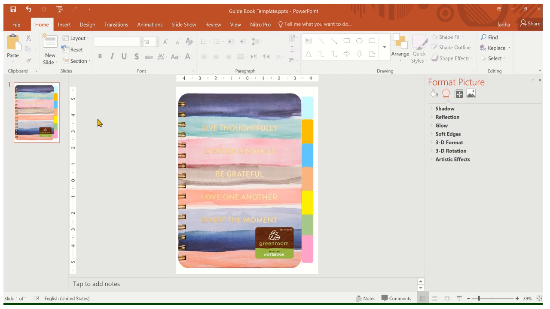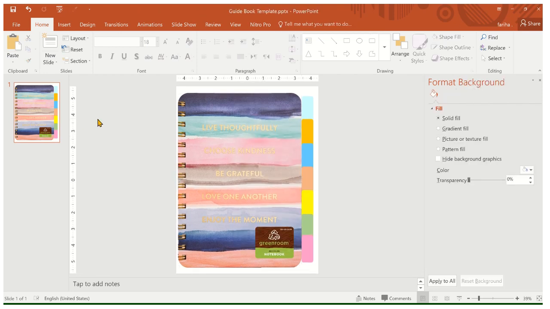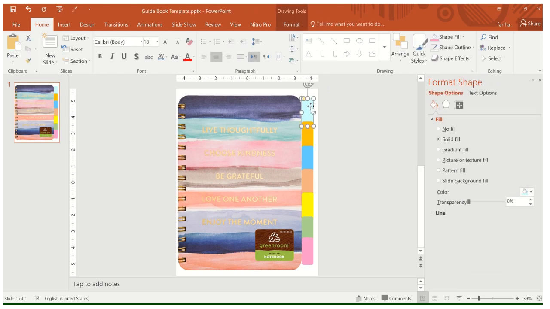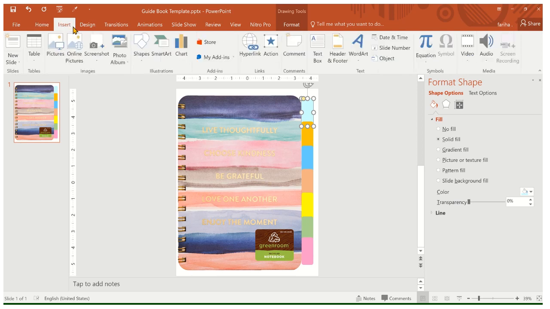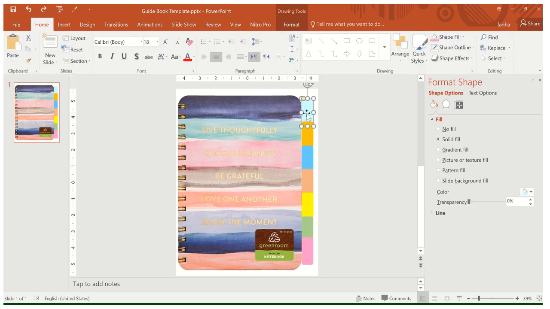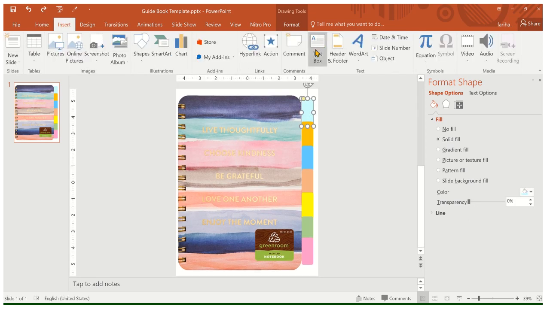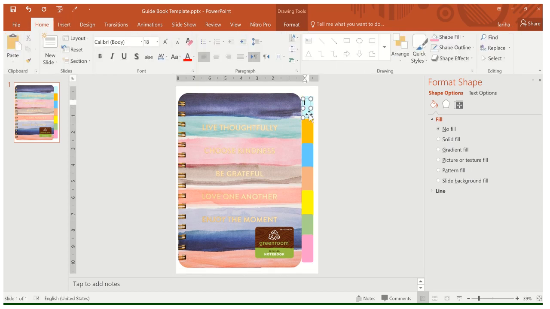So now this is in front, and here we have to add, for example, chapter 1. So I again have to click on insert, and here is text box. I clicked on text box, and there is an option now to add a text box, and I add it here, for example chapter 1,